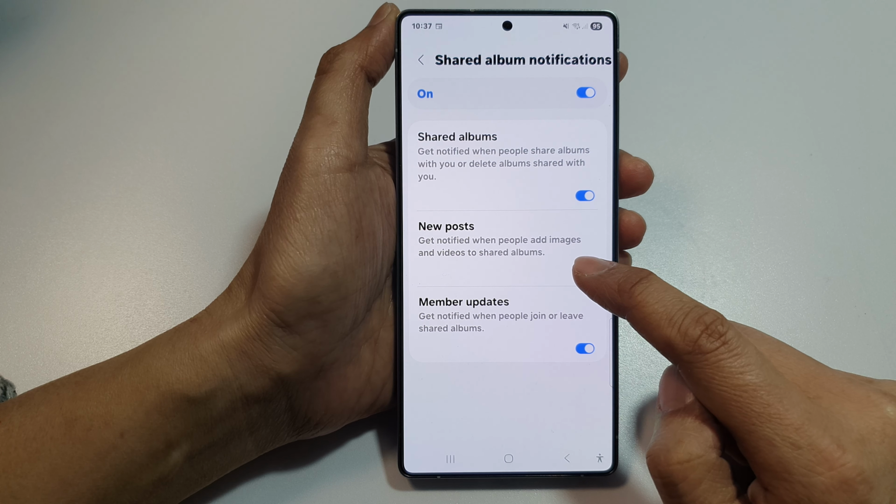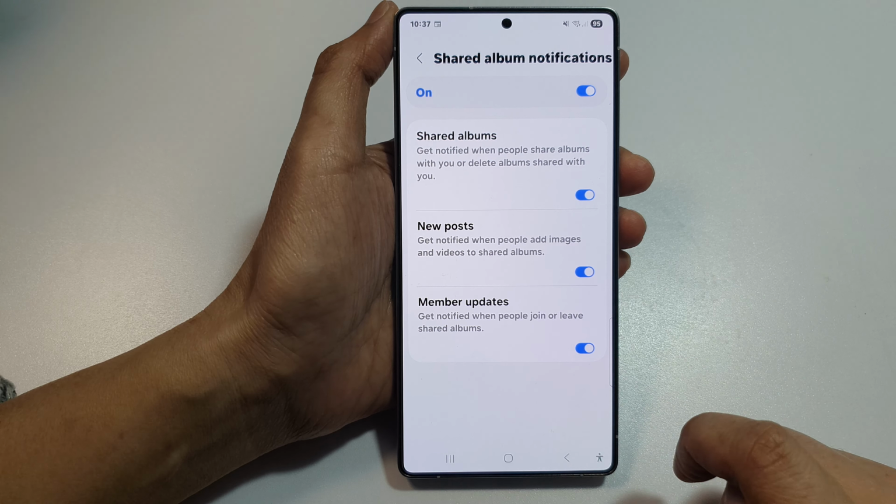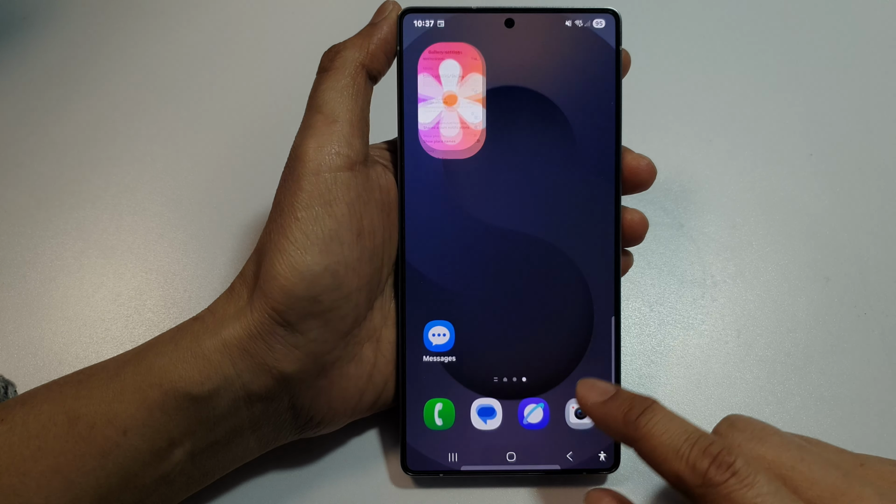Here you will get notified when people add images and videos to Share Albums. And that's it. After, tap on the back key or tap on the home button to return back to the